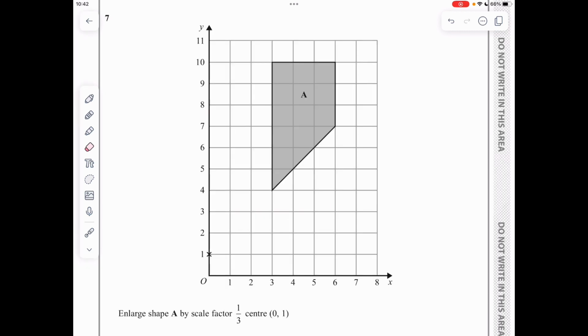In question 7, we are asked to enlarge shape A by a scale factor of a third with center 0, 1. The center has been marked here with a cross. So I will start by drawing rays of light from the center of the enlargement to each of the vertices here. So drawing the rays, I see that they